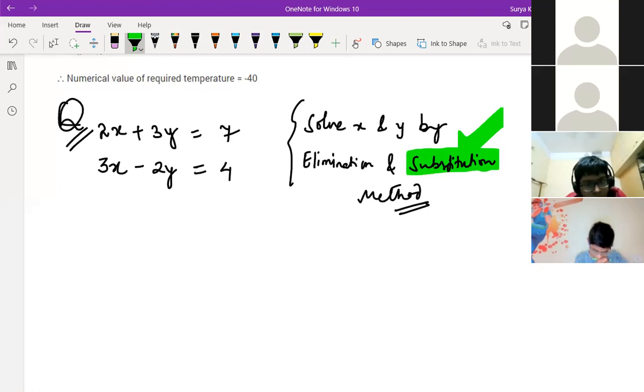"Sir, is y equal to 45 by 11?" No. "Sir, by the substitution method, I got x as 2 and y as 1." Yeah, exactly. "Yes, sir, I also got the same. Now I'm trying the elimination method." Okay, try the elimination method. I don't think you get it, but anyway, you try. You get this also. Elimination is also easy, children.